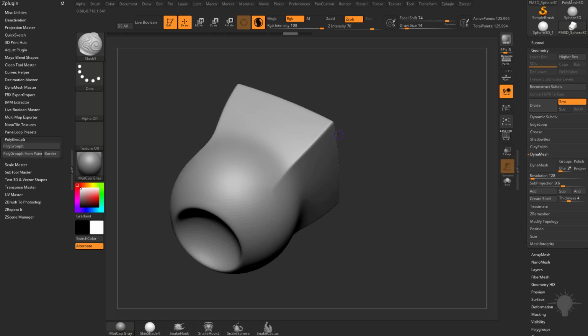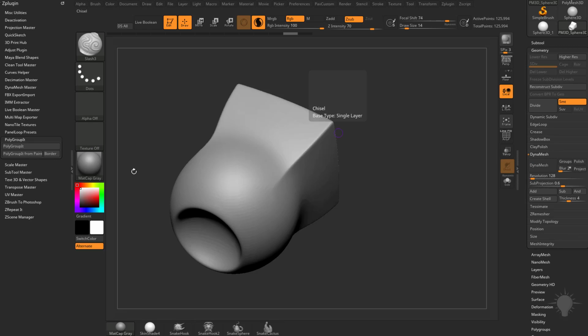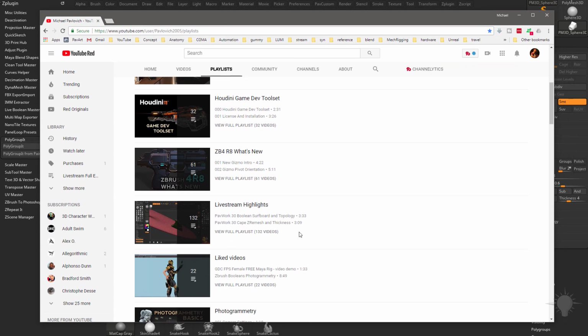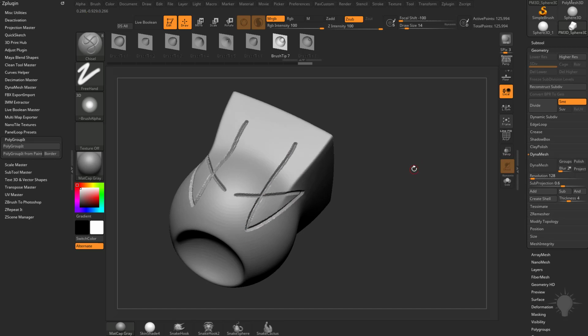Another brush that I really like for this type of work is BC, and you've got your chisel brushes in here, so we'll do H. And if you want to go in depth on the new vector displacement brushes in ZBrush, well, sort of new. They're new in ZBrush 4R8. You can go to my YouTube channel, go to the ZBrush 4R8 What's New videos, and that'll walk you through all the new vector displacement functionality. But essentially what this is going to do is apply this vector displacement alpha to this brush and give us nice, very clean cut lines through here.